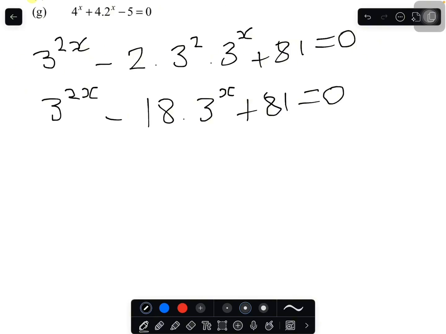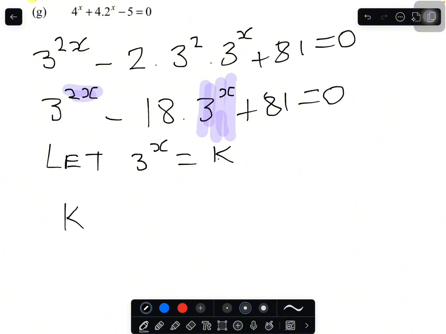Okay, so let's go into this. This is a new technique that you're going to do. You're going to let the term that is half, you can see this x here, this part of this term, that is half this right here. It's half the exponent component of it. So the one that is half, we're going to let it be k. So we're going to say let 3 to the x equal k. So now I'm going to have